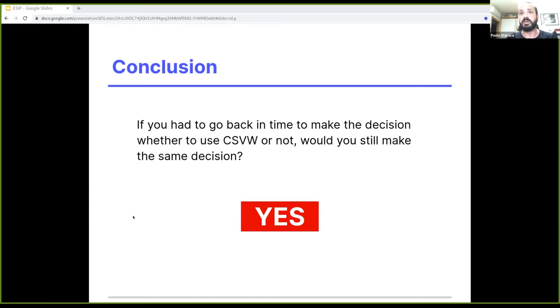So it was a really positive experience for me using CSVW in a real context like the one at the Italian Ministry of Transportation.